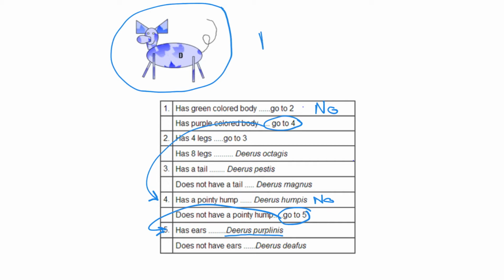And so we have used the dichotomous key to identify this organism as a Dirus purplinus. And notice that we write this like we would write the scientific name of an organism. So we always capitalize the first letter of the genus name, and the species name is always lowercase. So that's how you do a dichotomous key. Let's move on